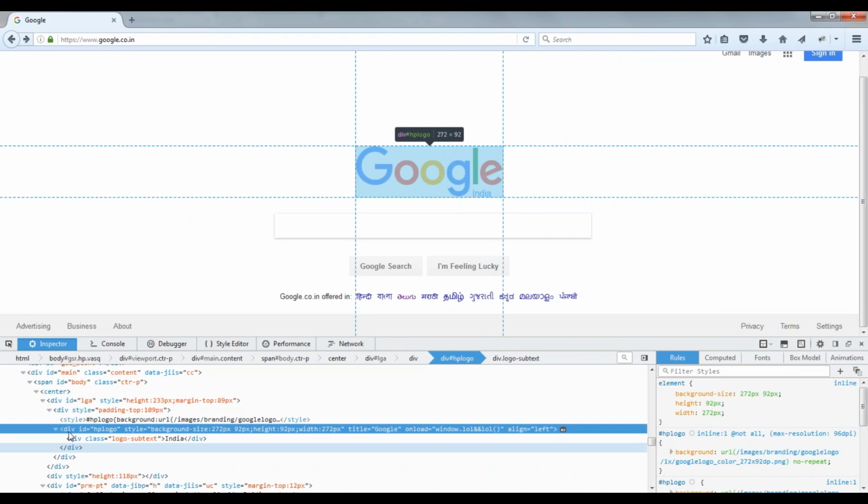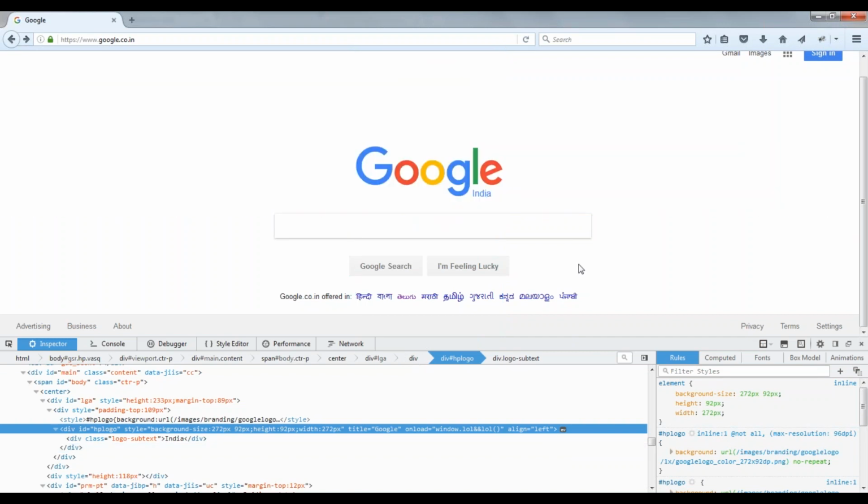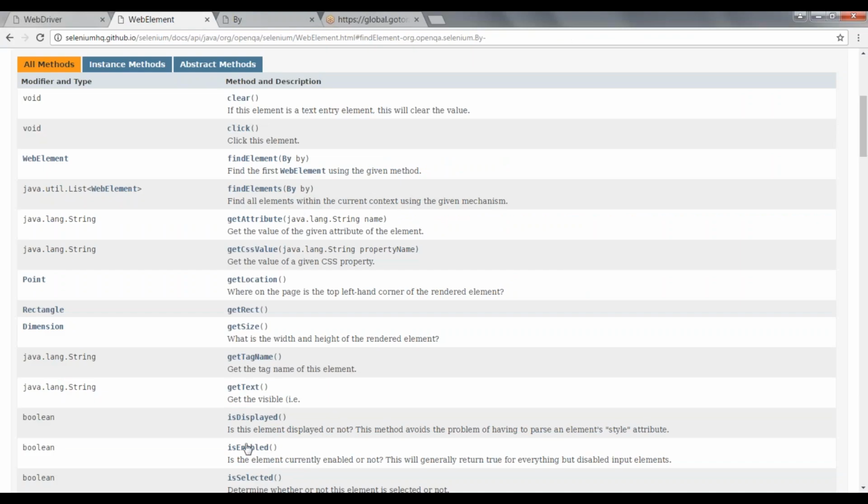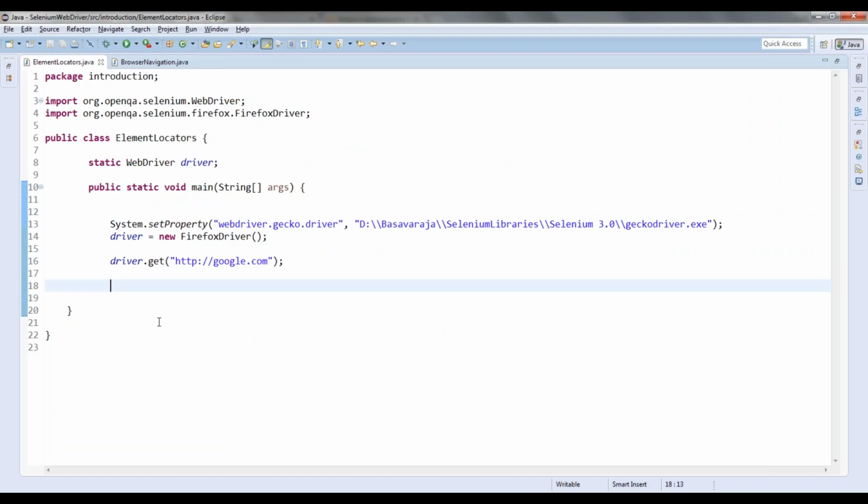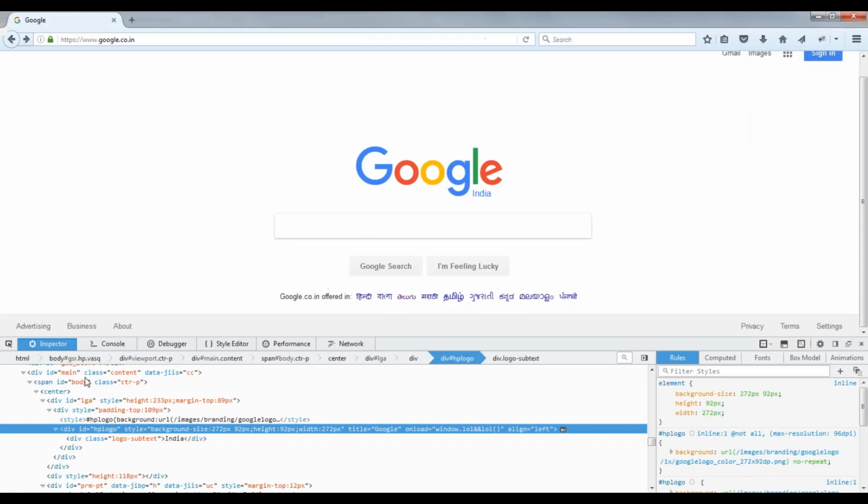So any doubts here in these web elements and other things, before we try to identify that? No doubts, right? Okay, so now we will write our next syntax, that is identifying this particular element.